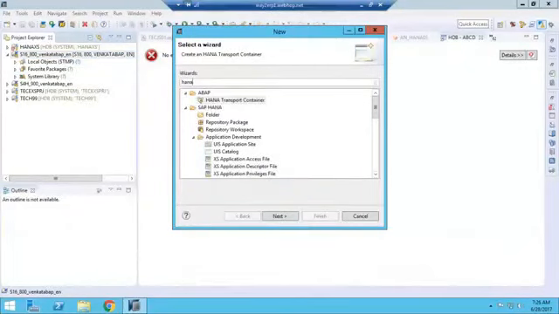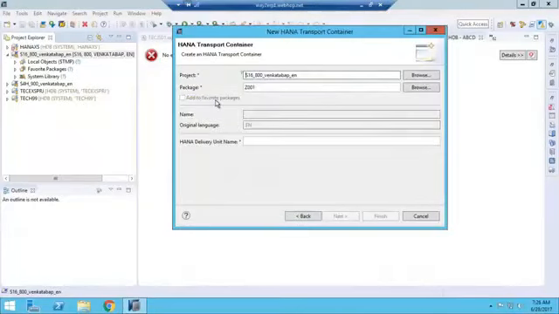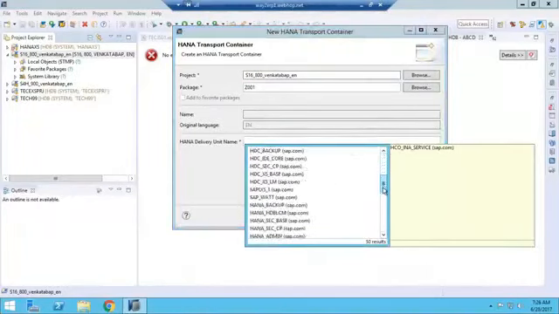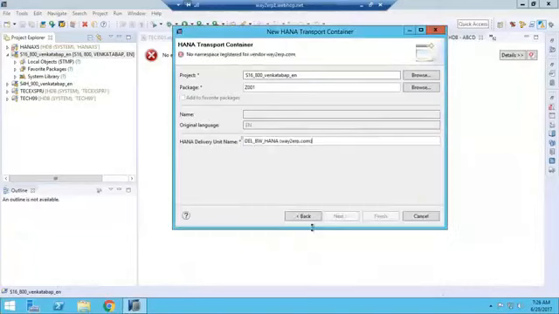There is a concept called HANA transport container. You create a HANA transport container, and for this you can assign the delivery unit. So while assigning the delivery unit, see, I can assign the delivery unit.